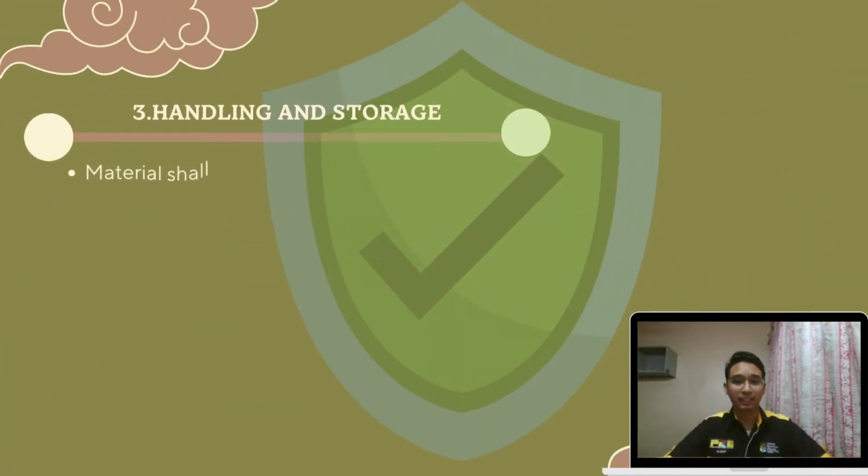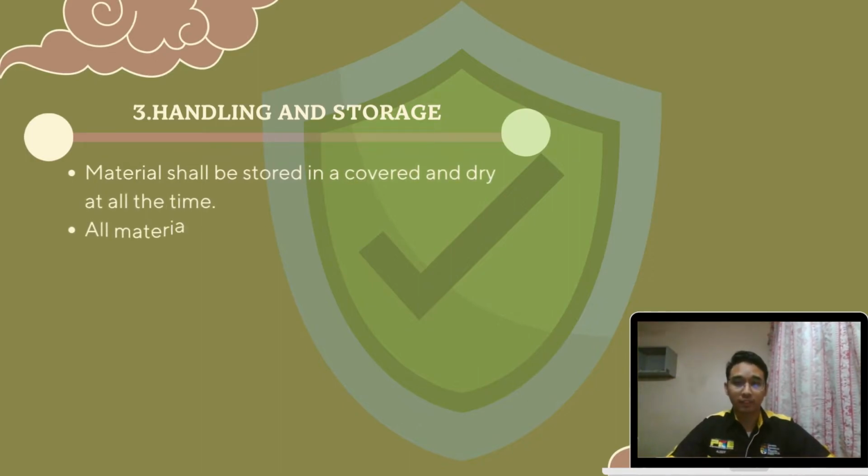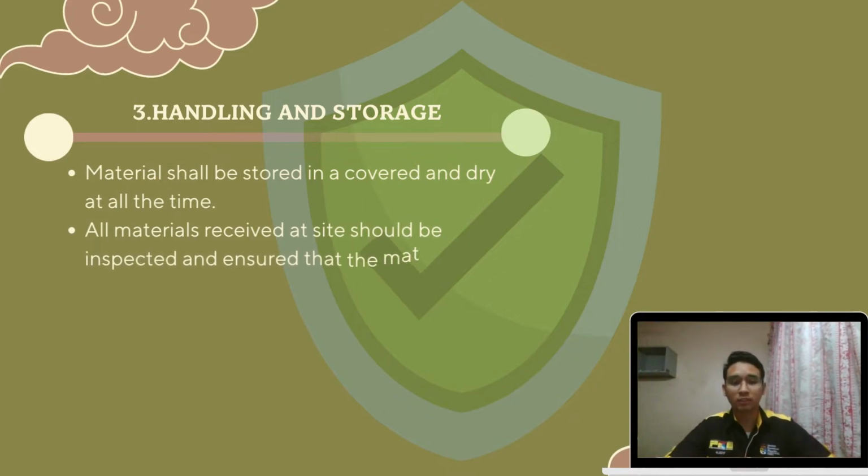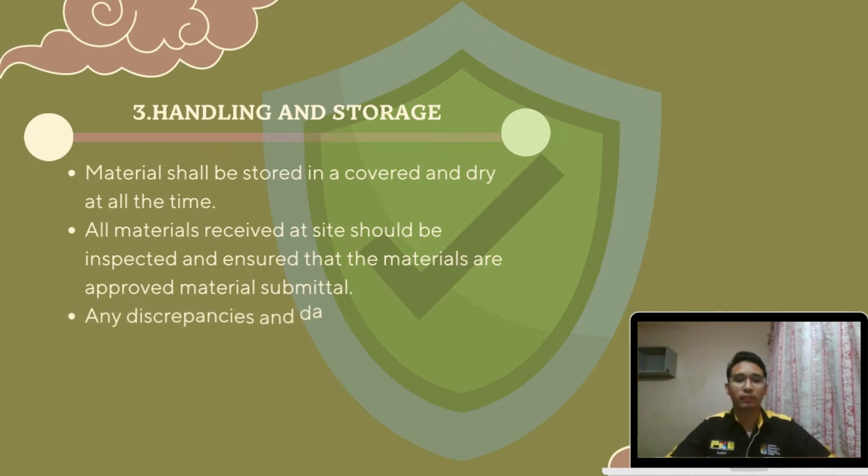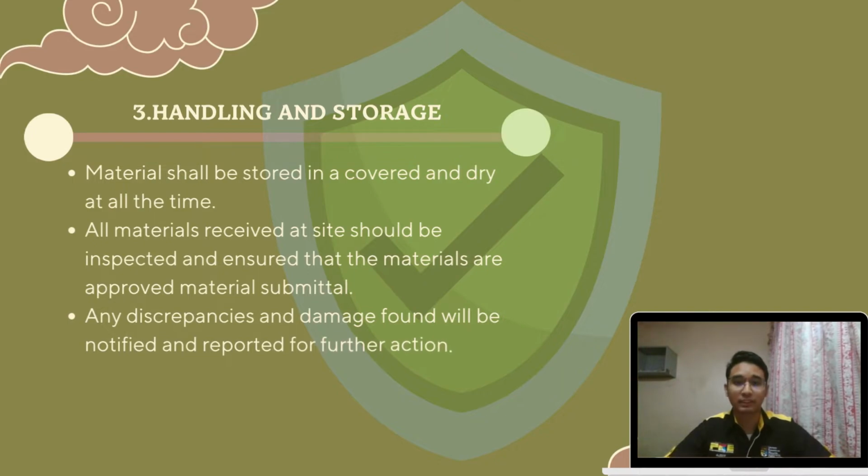The third step is handling and storage. The materials should be stored and covered, and make sure the materials are dry all the time. All the materials received at the site should be inspected to ensure that they are approved material submittals. Any discrepancy and damage found will be notified and reported for further action to avoid any accident happening during